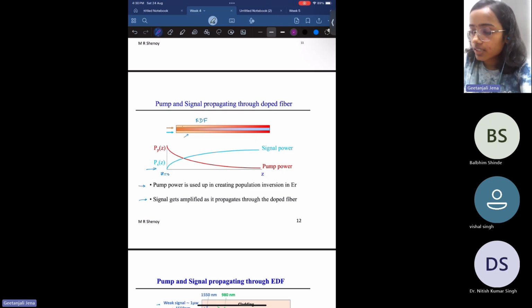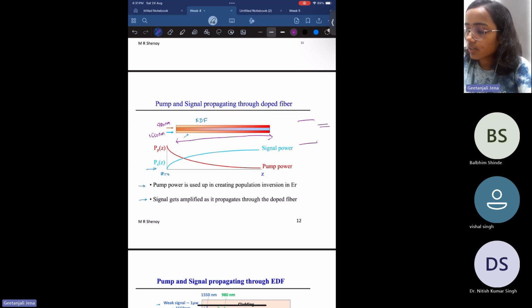If you take this figure, it's a schematic of the EDFA fiber, and let's say the yellow one is 980 nanometer, and the blue one is 1550 nanometer that you are going to amplify. The pump power at 980 nanometer is required to achieve the population inversion, so it is absorbed by the system. If you have a 3-level system, this 980 nanometer is absorbed by these ions to achieve a population inversion between the metastable state and the ground state.